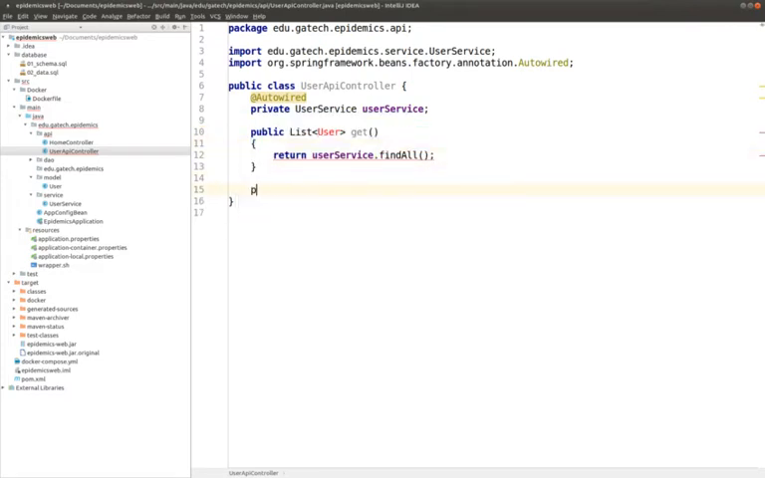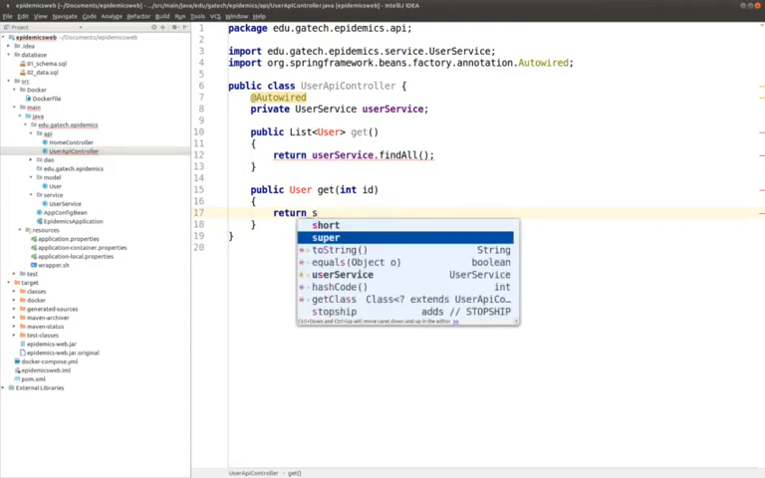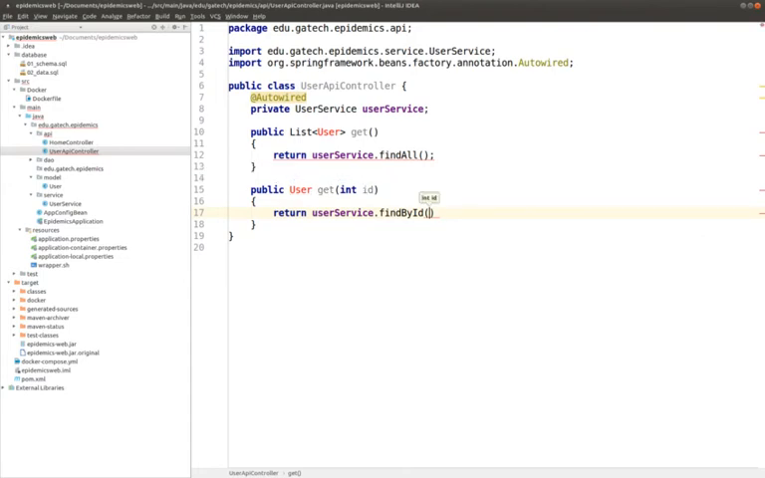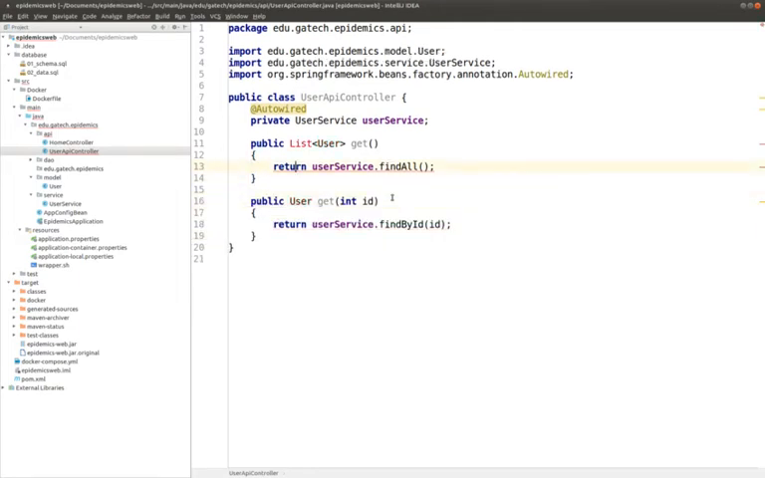Second, we're going to create a new stub for public User get, and this one is going to accept an ID, and it should return a specific user by the given ID. Now all that is good, but we need to do two things. We need to first go ahead and add